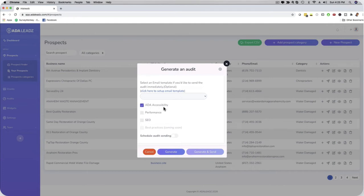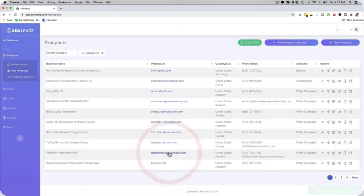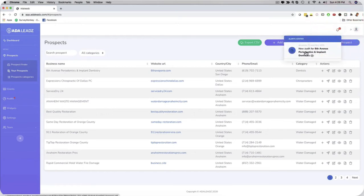ADA accessibility, I can click here on generate, and now the software, as you can see here, audit requested, is going to go, and in just 10 seconds, it's going to create a customized, beautiful, stunning report for us here in real time, okay? So what you're going to see here in just a second, and it happened right now, this little notification bar, I can click on that, and here I can look at my new audit,